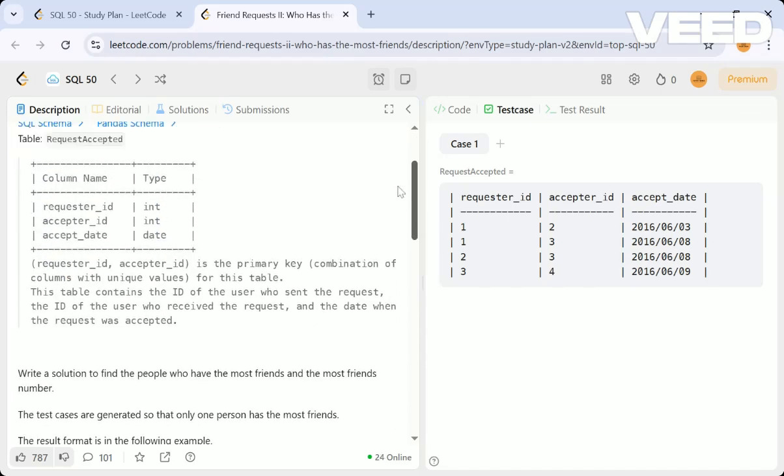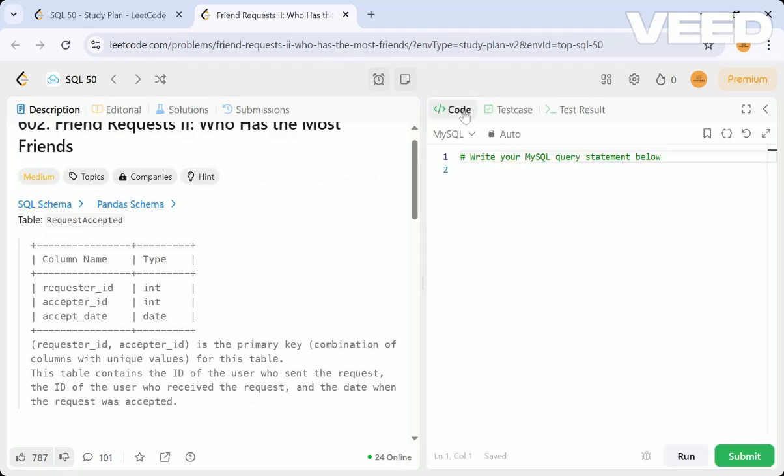The question is simple, but see how we can solve this particular kind of thing. Accept date is not needed, so just accepted is an extra thing. It's in the same table, same person acting as a requester and acceptor. So for that we can use UNION ALL. Why are we using it? If we use a union to get the request ID and accept ID both from the request table,